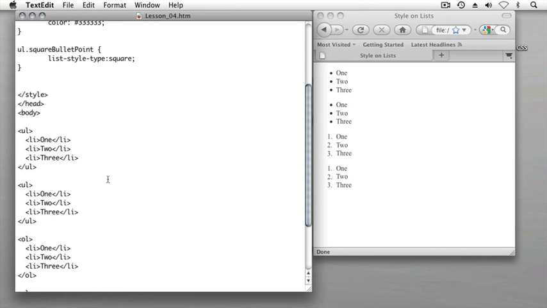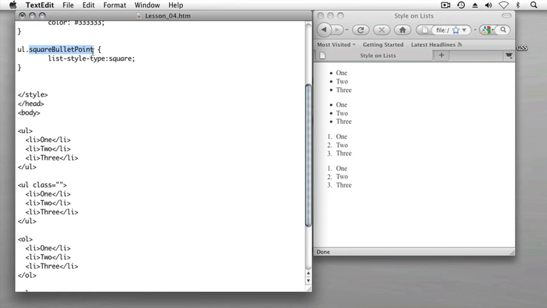So to have something to cross-reference and observe the change, I'll leave the first unordered list alone, but I'll add a class attribute to the opening UL tag of my second unordered list, which we've done before, and I'll type that attribute, class, equals, quote, quote, and then within the quotes, I'll put the name of my class. The class name that I defined was square bullet point,